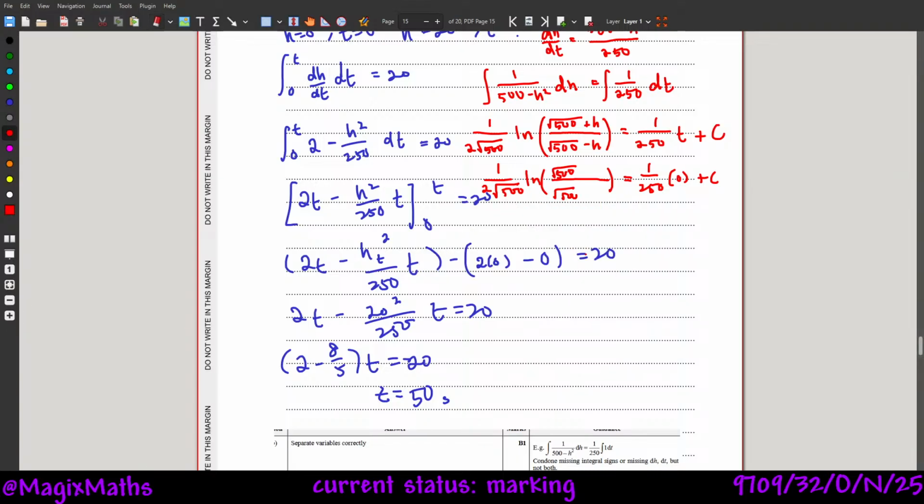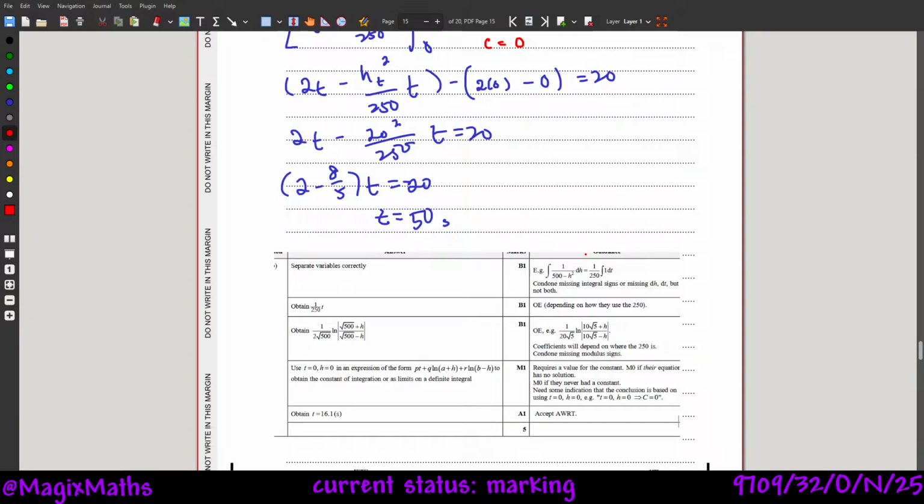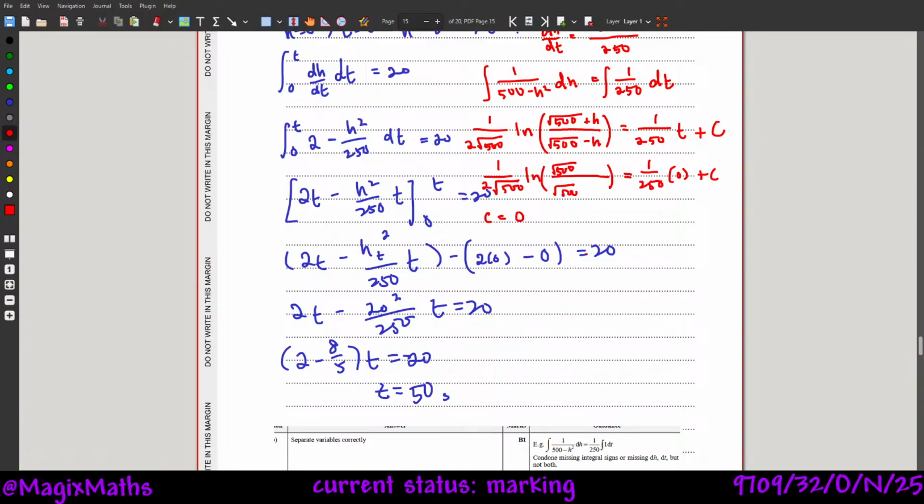So we would have obtained ln 1 is 0. So c, we've gotten 0 in this. Is that correct? And then